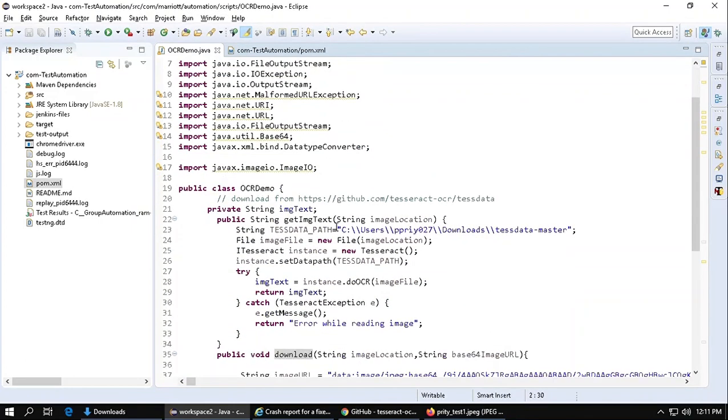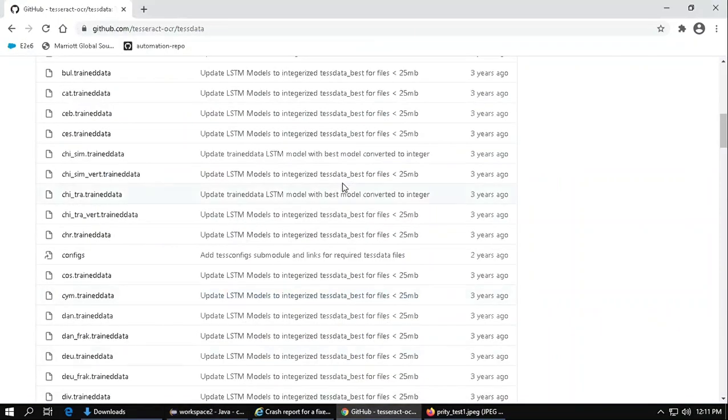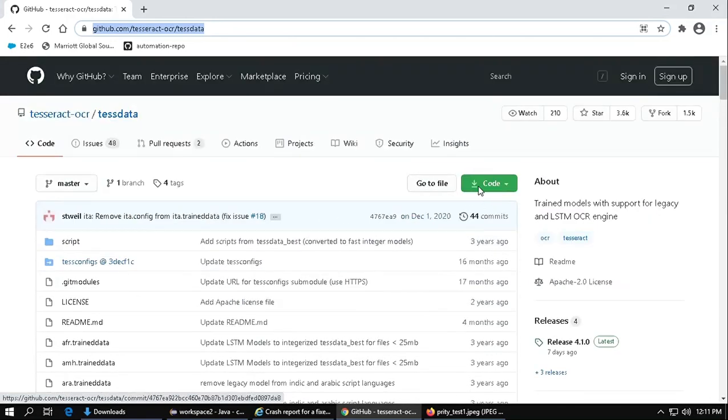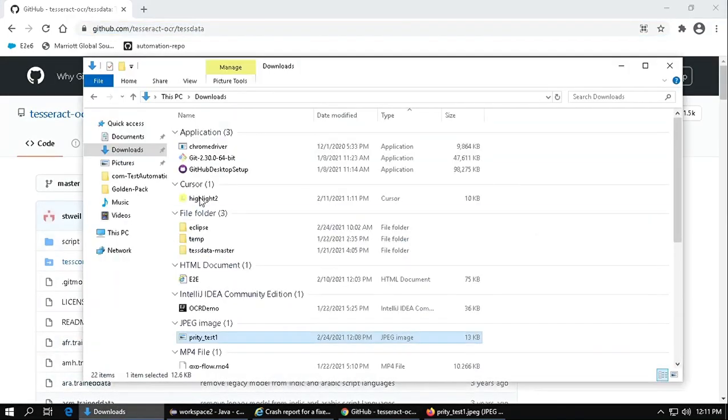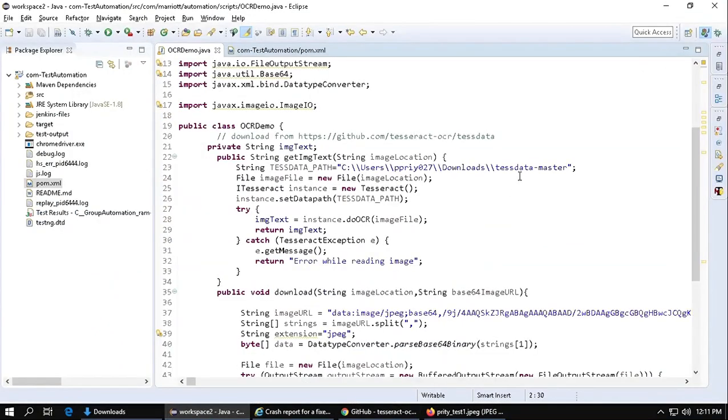So what we have to do basically is there is this Git URL that I can show you. It will give you the Tesseract library that you need to download. You basically need to put it somewhere in your local, like I have added it. Where you have downloaded it, you just need to put the path.